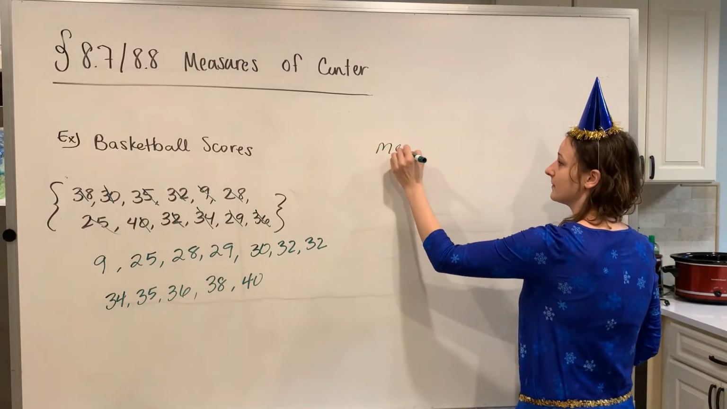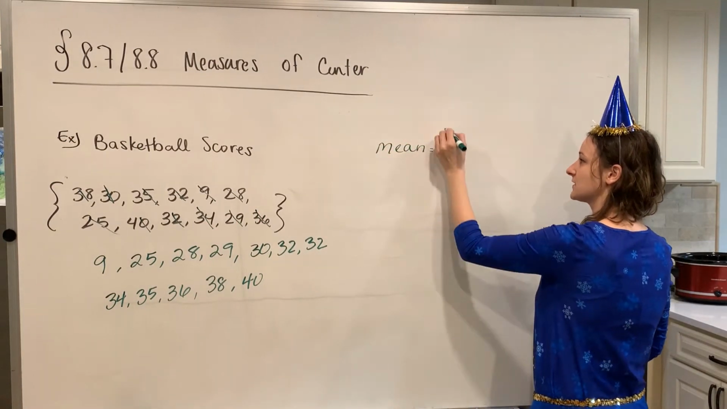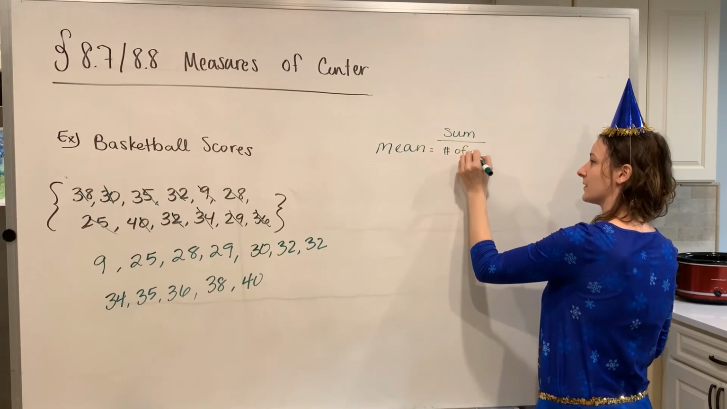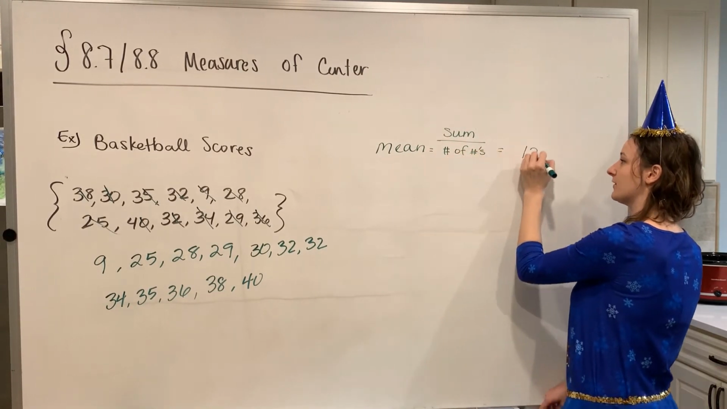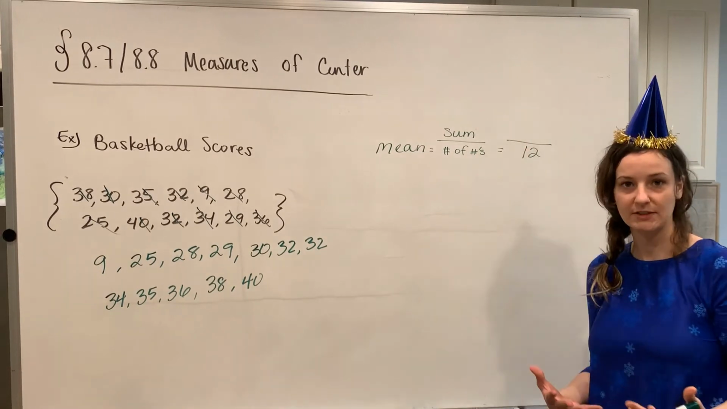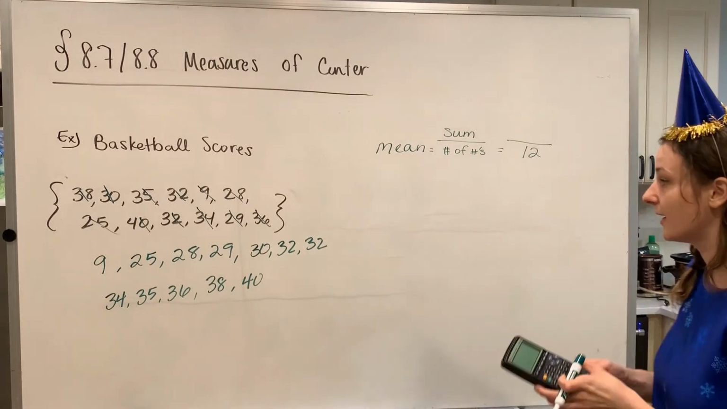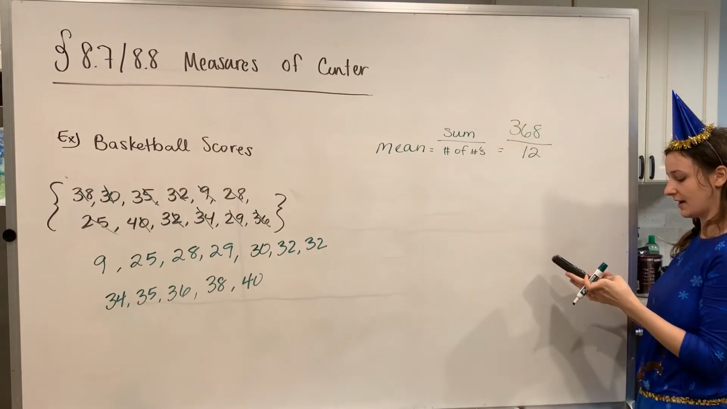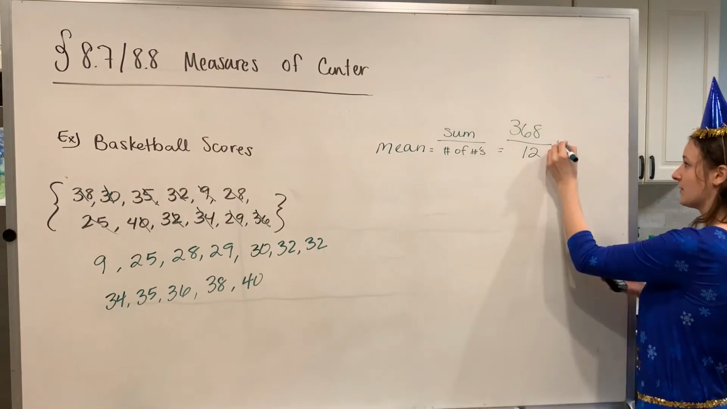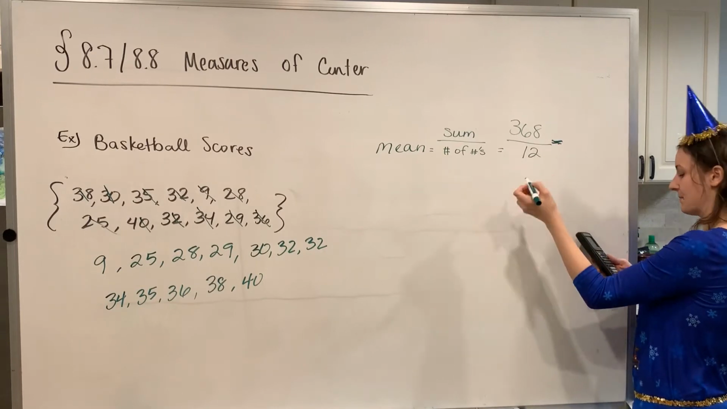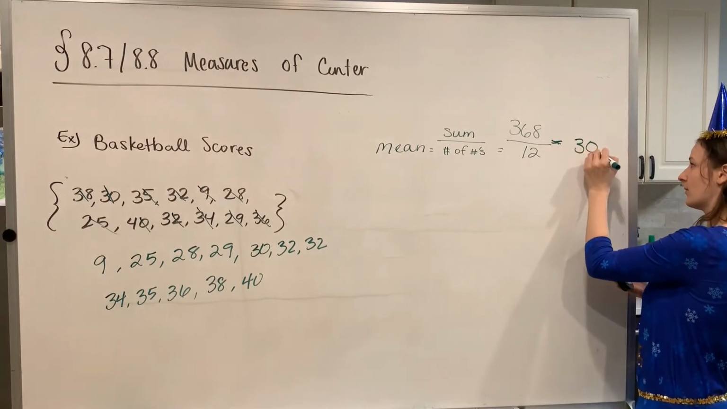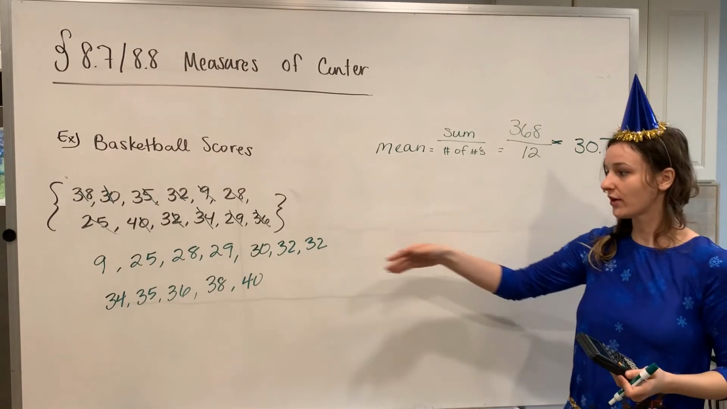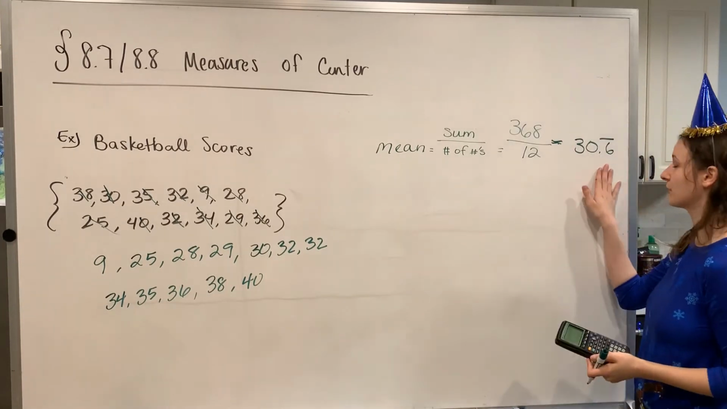And now we can find the mean, and the mean we have to sum all the numbers divided by the number of numbers, okay? We just said that there were 12 numbers, so I know my denominator is going to be 12. Now I can add them all up. You'll get a total of 368, which you can now divide by 12, and you'll come up with an approximate mean of 30.6 bar, okay? So the average score of points per game is going to be 30.6